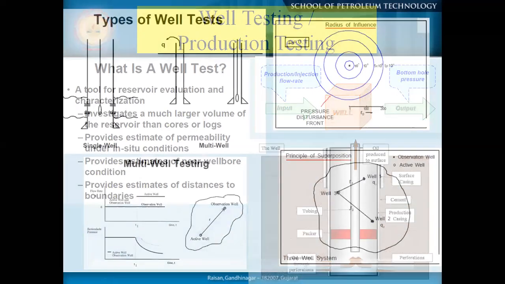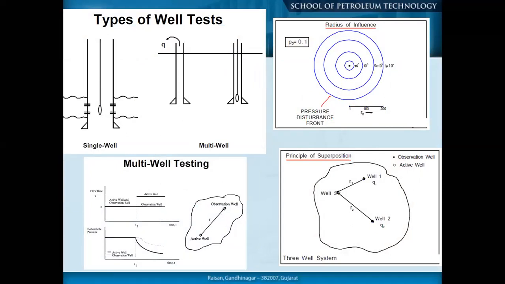So this is a simple diagram. If you just go through it, you will easily understand. We discussed the different types of well test. It may be a single well test, it may be a multi-well test. Multi-well test, if you see, means we have one active well and we have an observation well. In the active well, we are doing the activity, whereas in the observation well, we lower down our instrument and try to record the pressure response in terms of time. Okay, so if you see the right side, all the figures give you the demonstration.